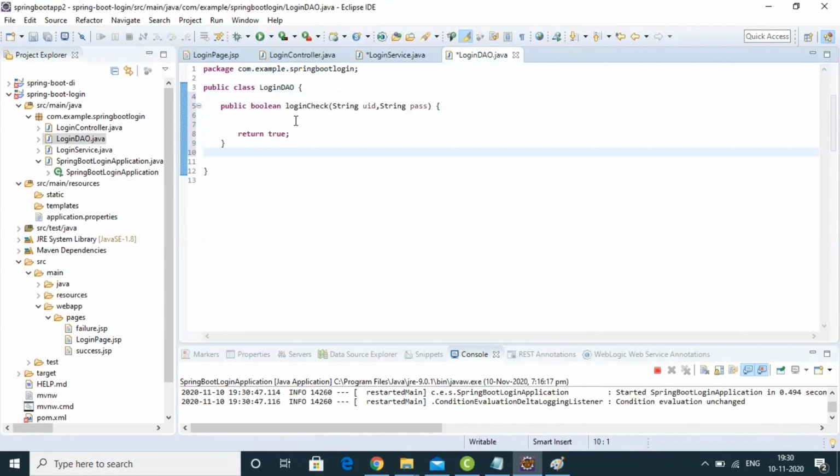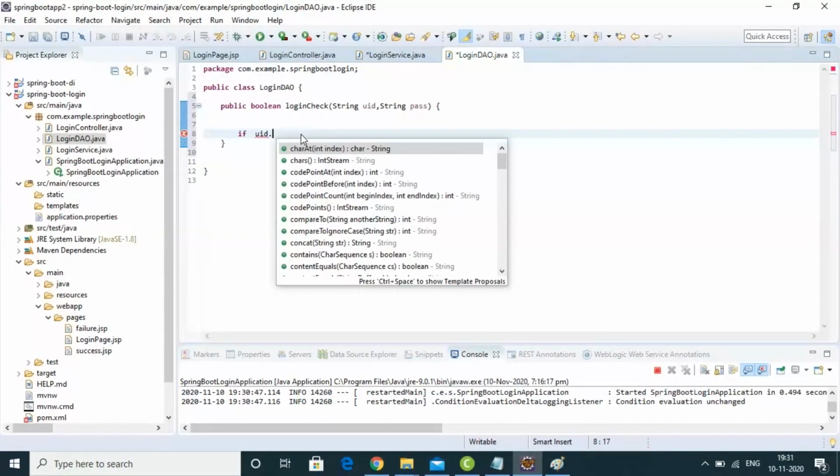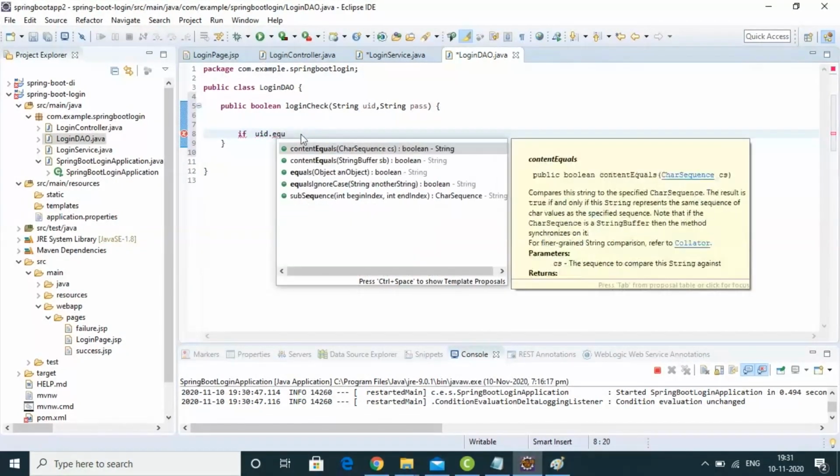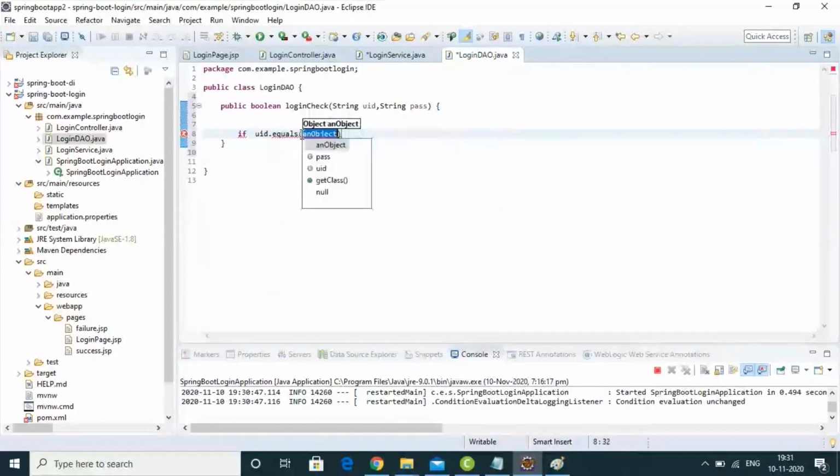Now here you're taking user ID and password, so you can just write if UID dot equals